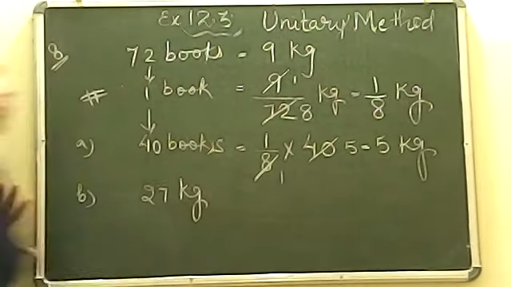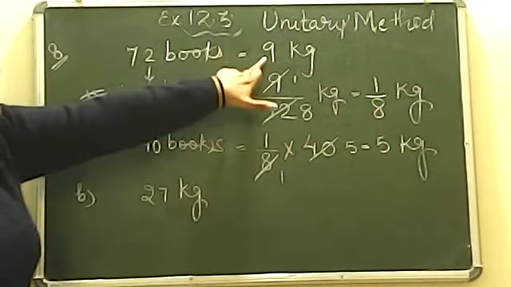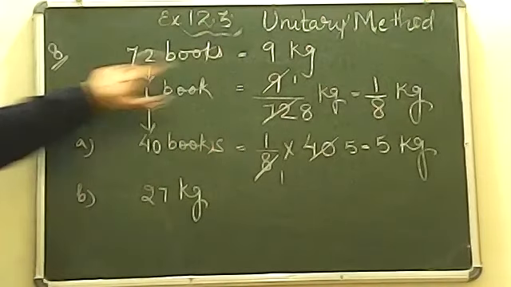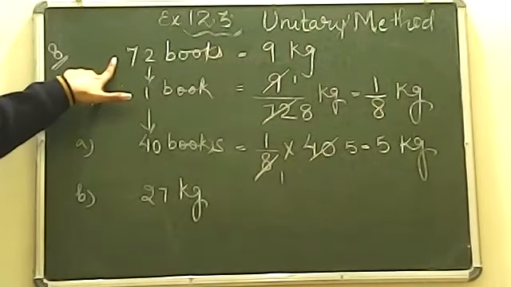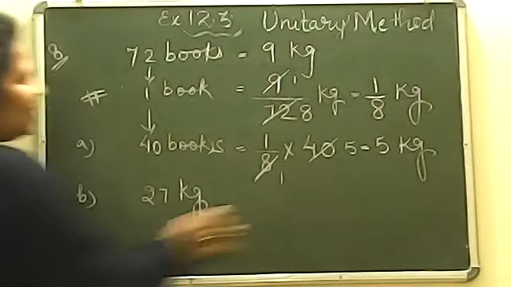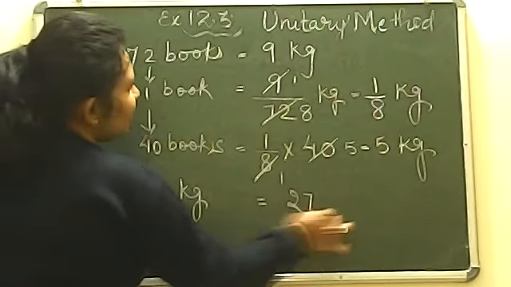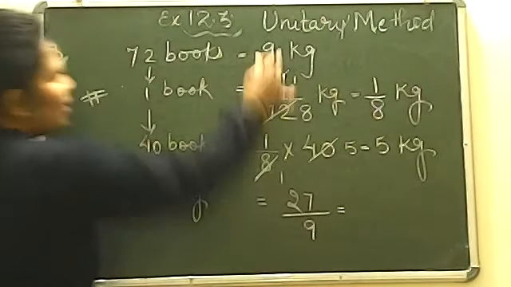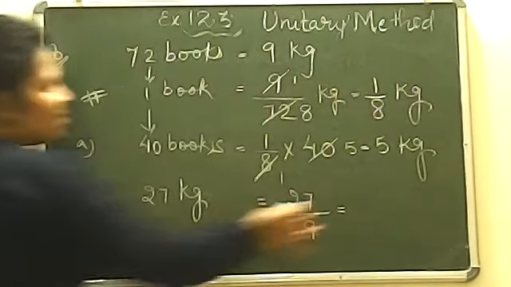27 kg में कितनी बुक्स आएंगी? अब देखो यहाँ पे 9 kg में 72 books, 9 kg 72 books and I want 27 kg. So you can simply do that 27 divided by 9. ठीक है, बिकॉज यहाँ पे 9 kg में 72 बुक्स आती हैं, या तो आप ऐसे करोगे तो आंसर